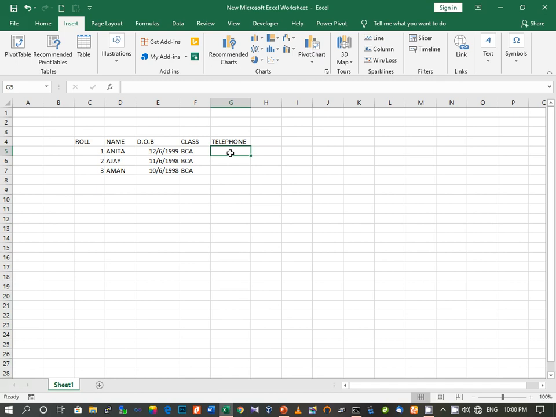You know that the STD code of telephone numbers starts with 0. So if I write down 0 over here, like the STD code of Patna is 0612, so if I write down 0612 and then a telephone number, suppose this is a telephone number.